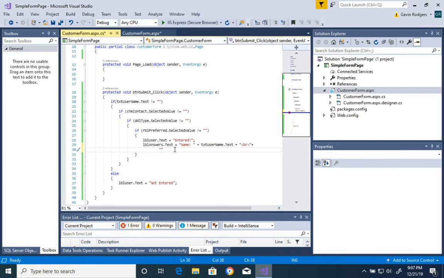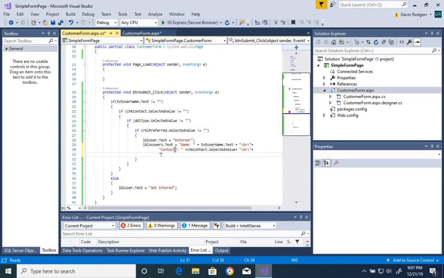Contact. So we will say contact, question mark, and then just a little colon so it looks nice. And we're going to say chk contact.selected value. We're going to do the same thing as we did above, break line,